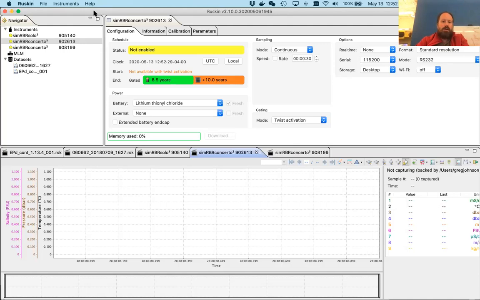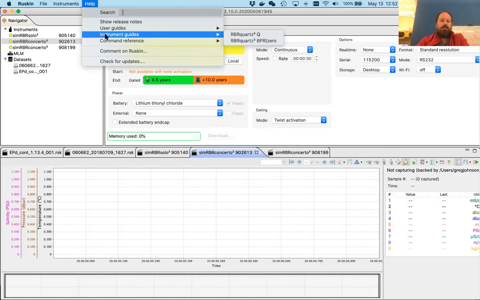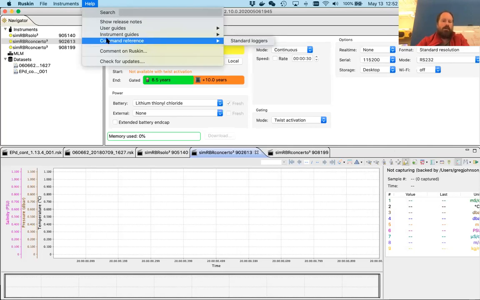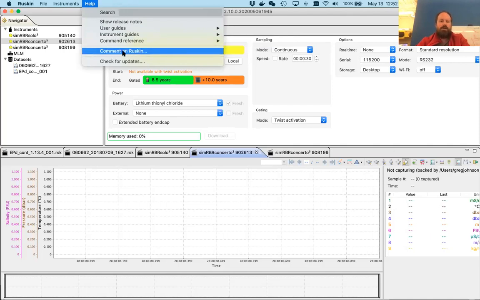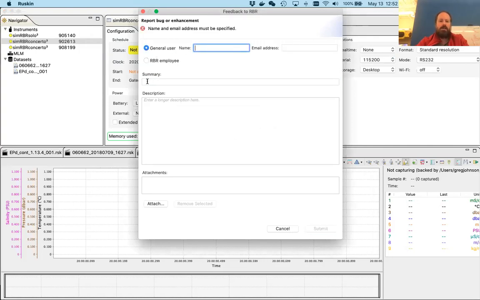Let me jump over to what happens if you've got a question. So I think I talked earlier about the Ruskin help guides, which are the Ruskin user guides in here, and the instrument guides are over here. There's also a command reference if you're interested in talking to the instrument serially. But we also have this comment on Ruskin feature, and this is the most useful way of telling us you have got a problem. The reason for that is that you can put in your name and your email address,